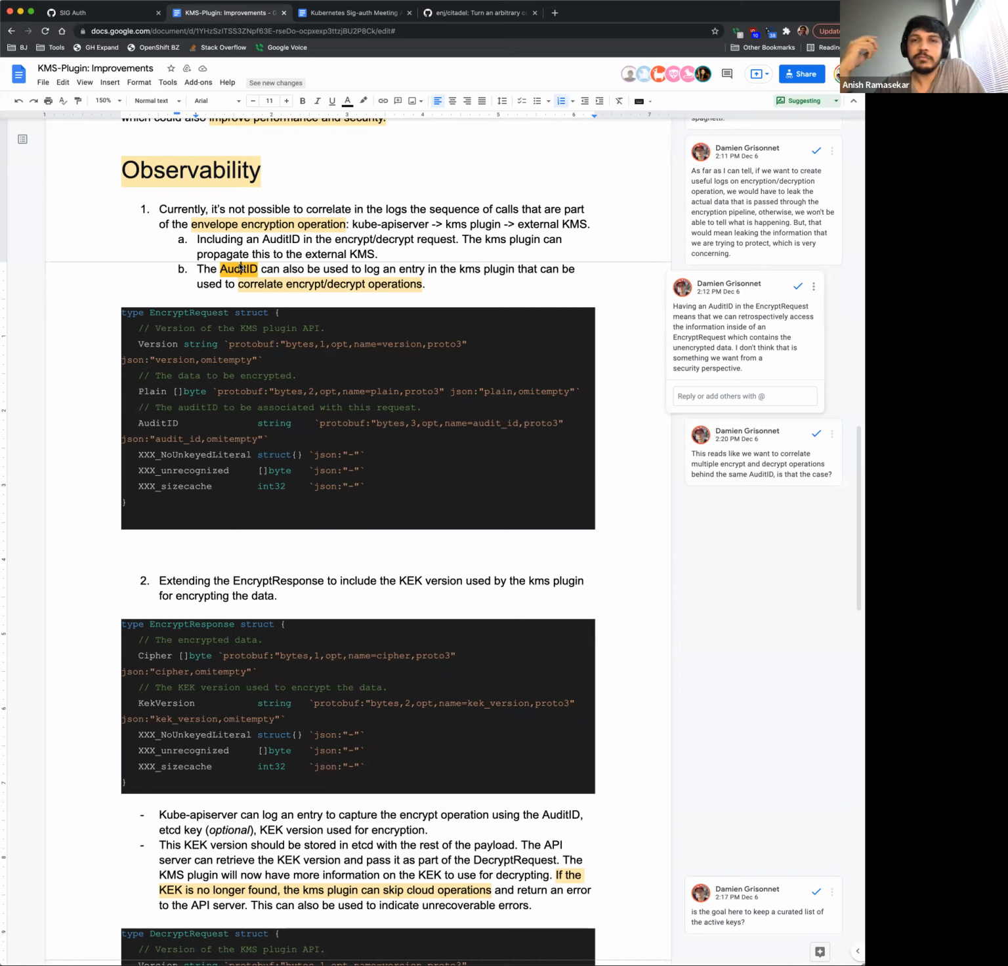And then the second one is that when the KMS plugin is done with the encrypt or decrypt operation, it would send additional metadata back to the API server, saying I used this particular encryption key version, or any other metadata that it thinks is safe to be shared with the API server, so that the API server has it. And then when it makes the next encrypt or decrypt call, it can tell